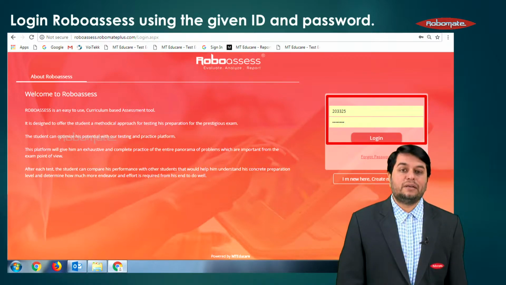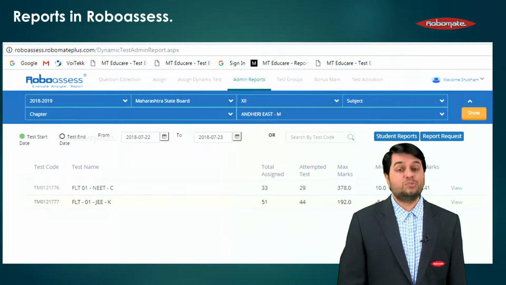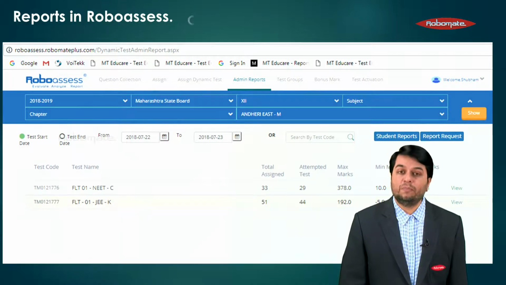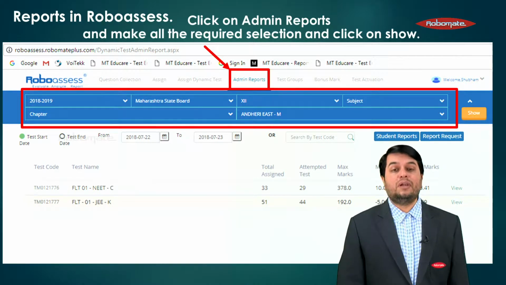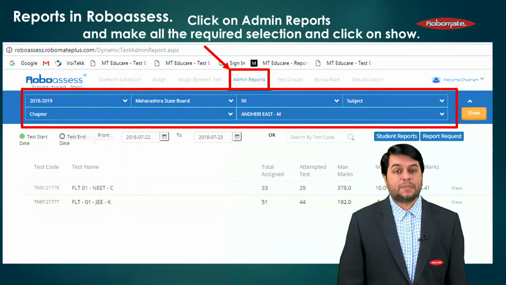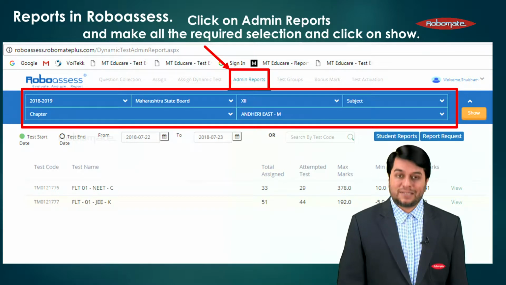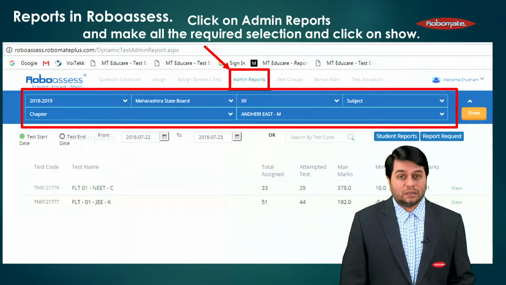Then he needs to enter his username and password and click on login. As soon as he logs in, he will see this home page. On this page, the administrator needs to click on admin reports and select the required sections, that is the academic